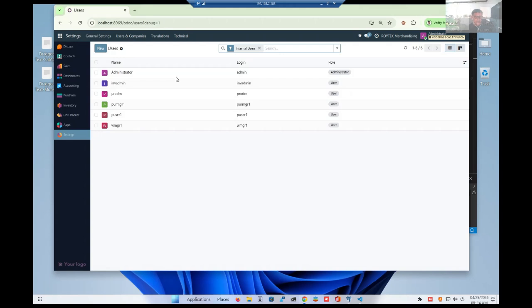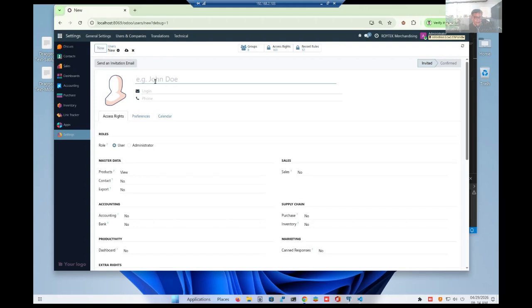So let's proceed to do that right away. We're logged in as administrator. We activated the debugger mode and we'll go to users and then create a new user. We call the user sales1.